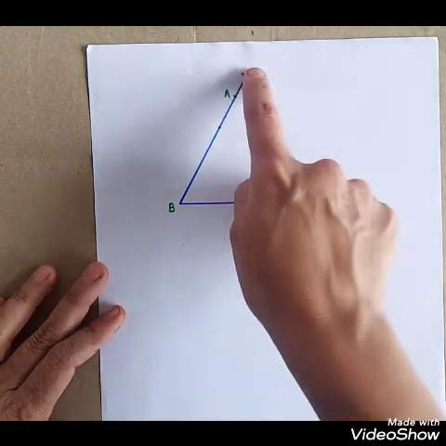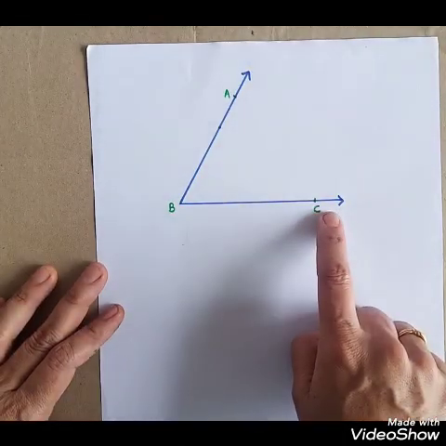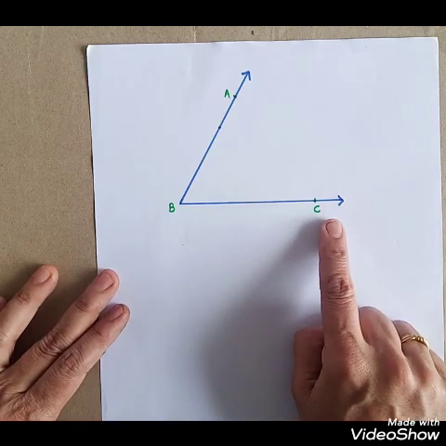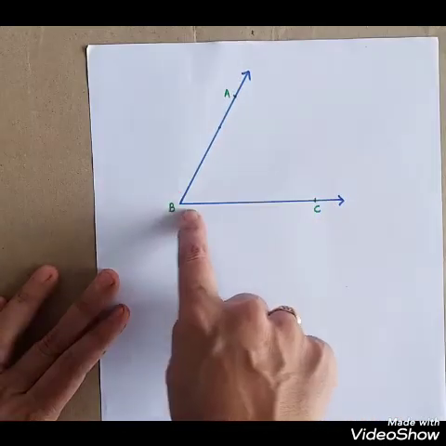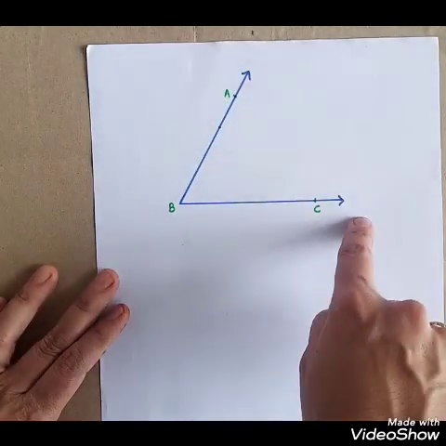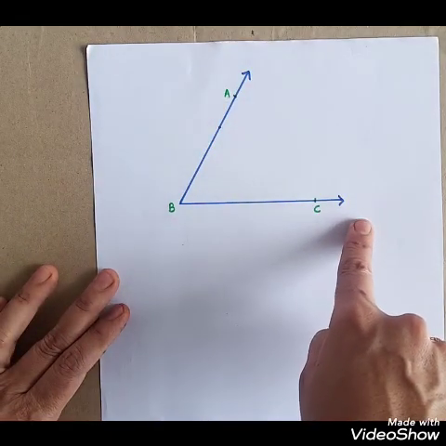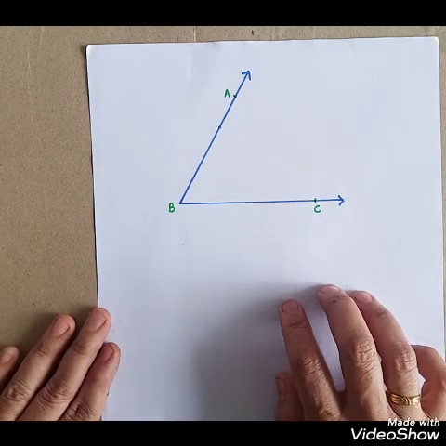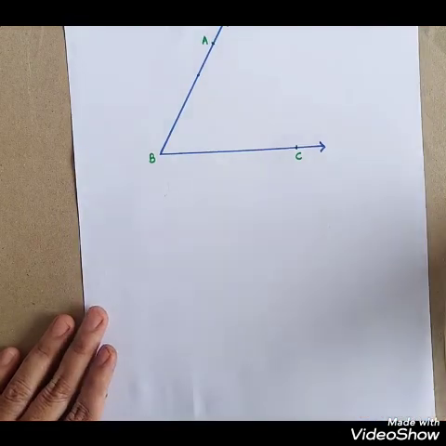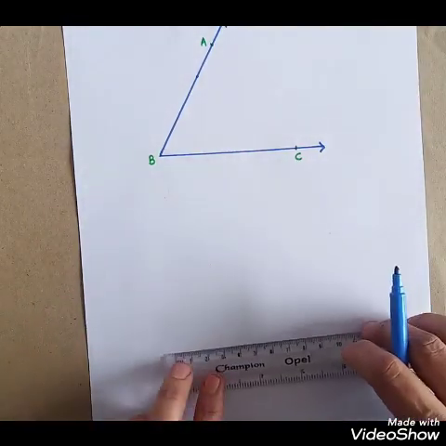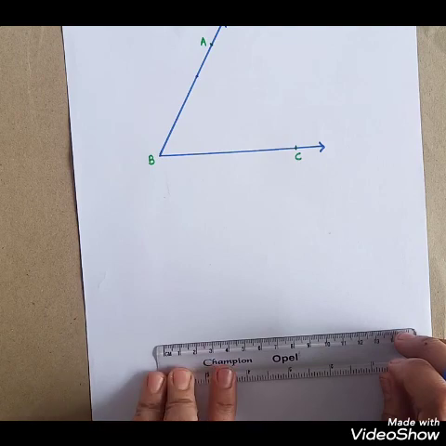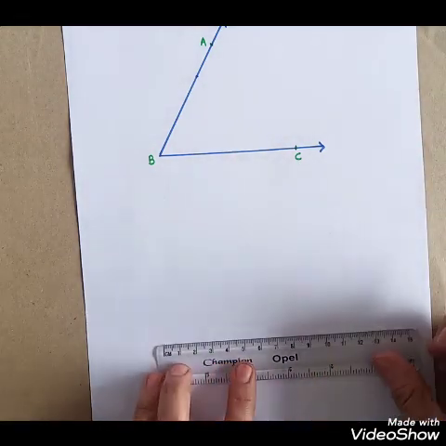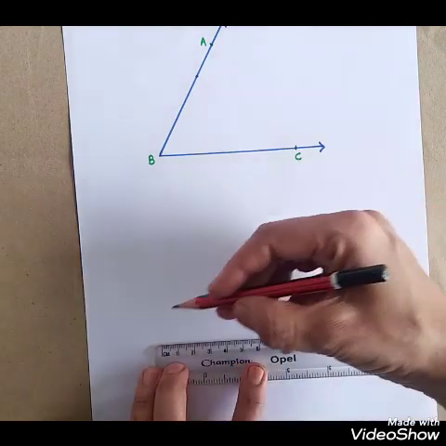Now look at this given angle. This is angle ABC and we are going to draw angle PQR equal in measure to this angle ABC. म्हणजेच angle ABC प्रमाणेच याच मापाचा आपण दुसरा एक अँगल PQR काढणार आहोत बट विदाउट प्रोट्रॅक्टर म्हणजे प्रोट्रॅक्टरच्या शिवाय. सो फॉर दिस फर्स्ट आय एम गोइंग टू ड्रॉ a line or a ray. It's a ray, not a line.